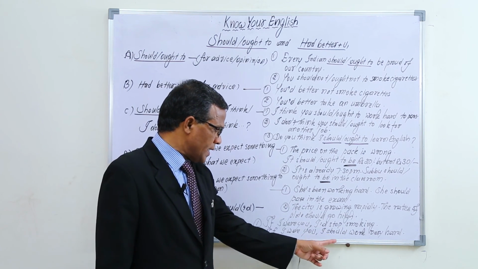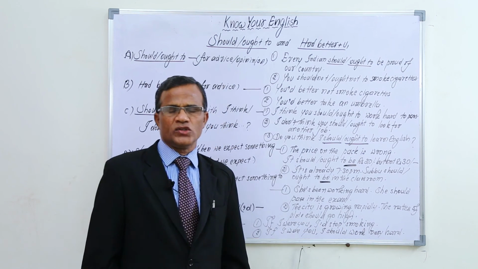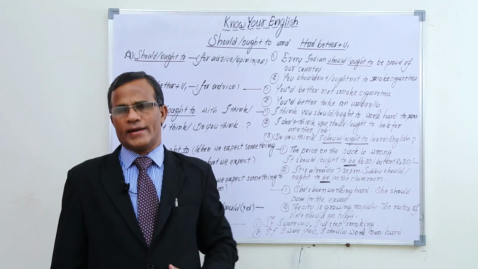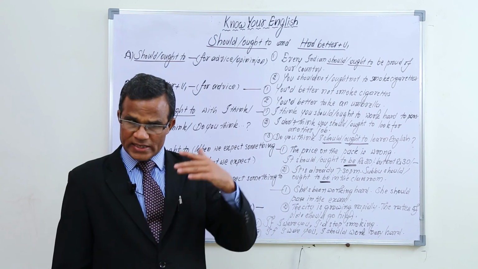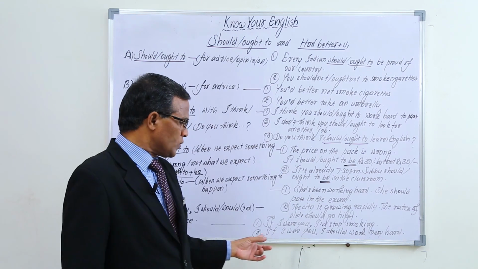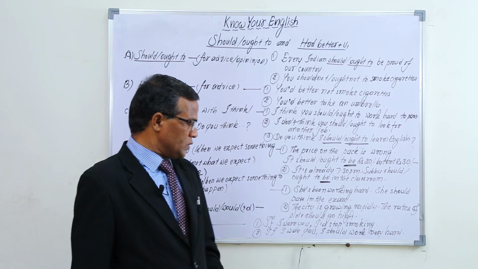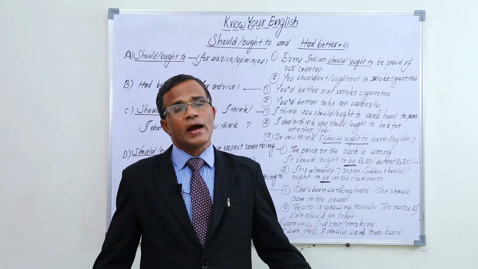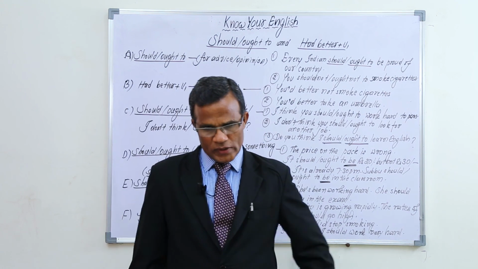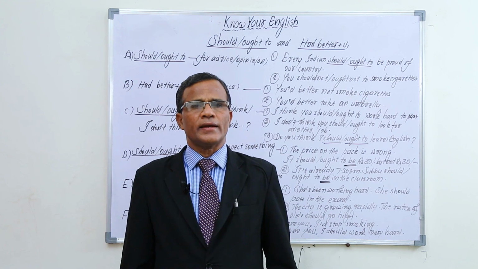"If I were you, I should work very hard." Means I suggest you to work hard. When you want to suggest the other person to work hard, you can use it in this way also. "If I were you, I should work very hard." In this way, we use should and had better plus